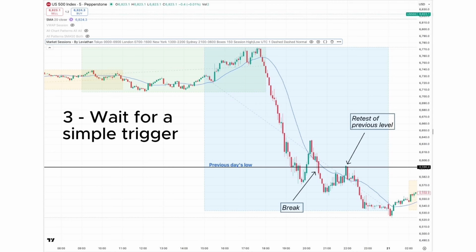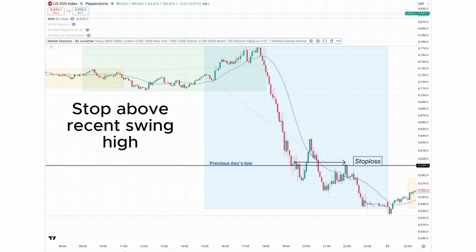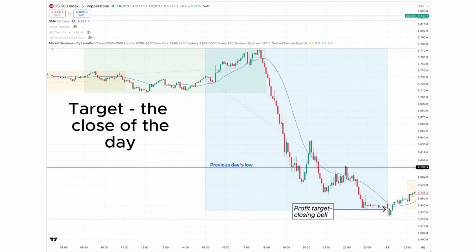to roll over again. Or a small failed bounce in the last 15 minutes, a spike up that is immediately sold into. You'll enter short as that failure confirms with your stop above the recent swing high or above the broken level. And of course, your target will be the closing bell. This is a true scalp. You're not trying to capture the entire trend. You're simply trying to capture those last 15 minutes and the urgency that the institutions and hedge managers are putting